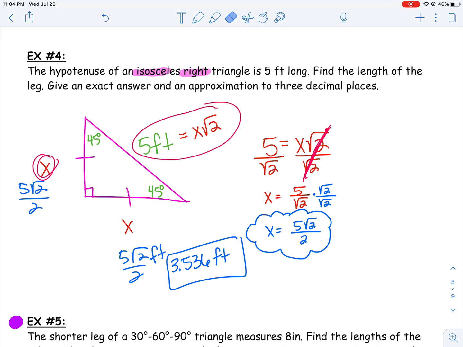Make sure you know those relationships. Make sure you memorize those. That'll make it much easier for you to solve these types of problems when you're only given one side, as long as you know it's one of those 45, 45, 90 triangles. We'll do some examples of a 30